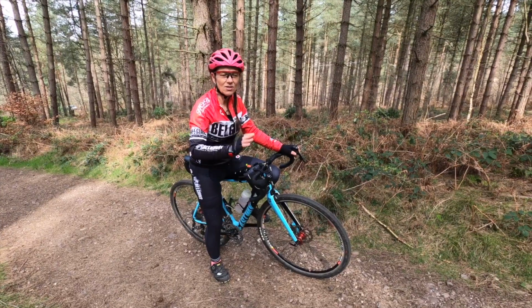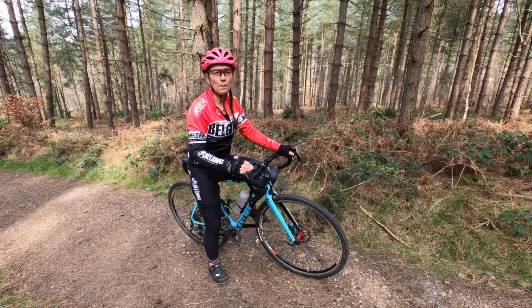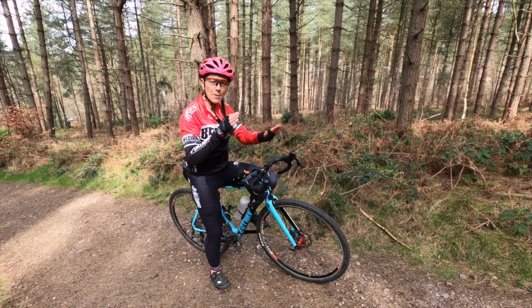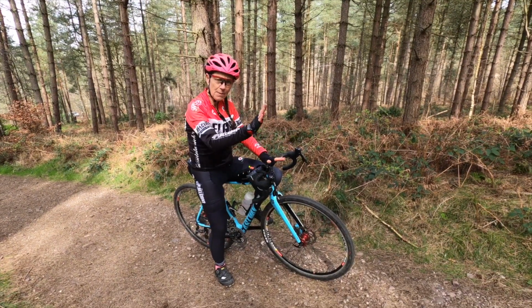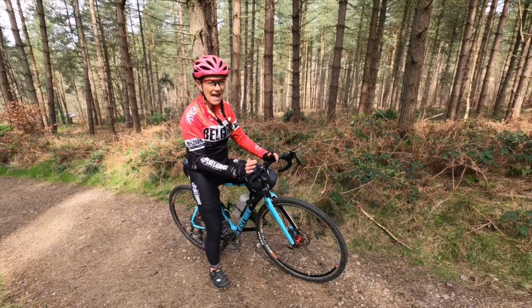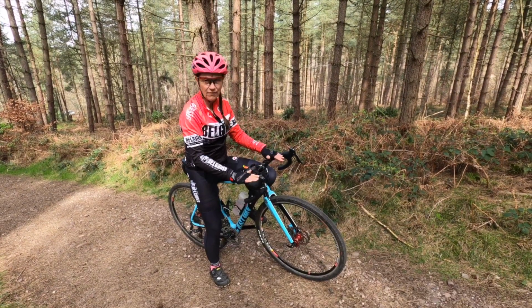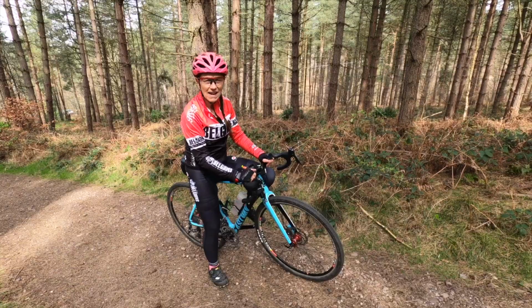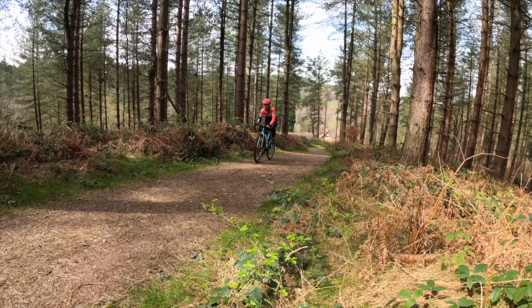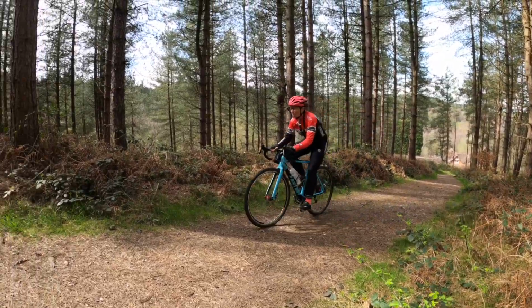This climb is not super steep, it's not super loose, so what I'm going to do is shift towards the back of the saddle, think about pedalling big circles, particularly pulling through at the bottom of the stroke, maybe having my hands on the tops of the hoods or even further in on the handlebars so I can relax a bit, just thinking about power. Right, I'm at the back of the saddle now, my hands are on the tops, and I'm just thinking about